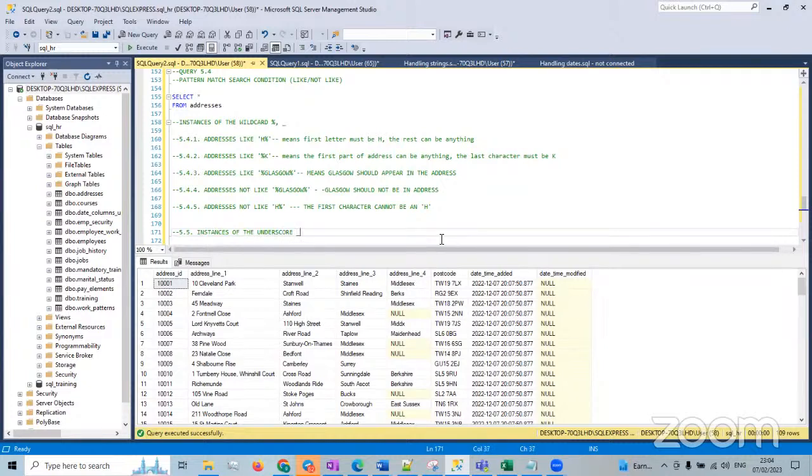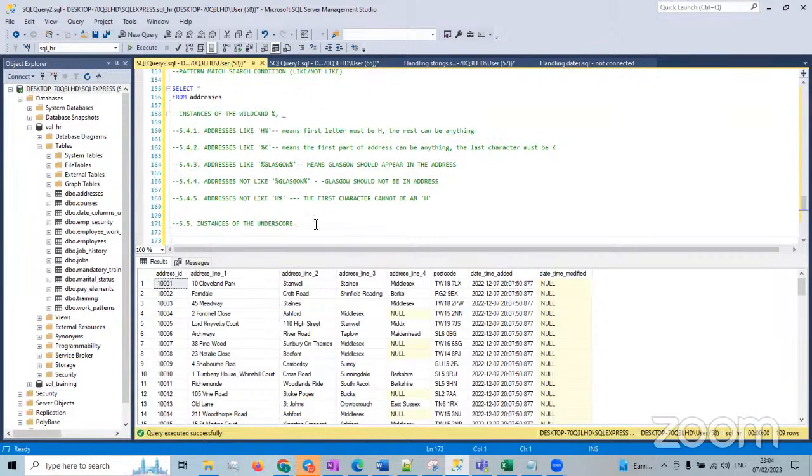That's the underscore. Right. We can have 5.5.1. There are just two types of this. We have something like addresses like